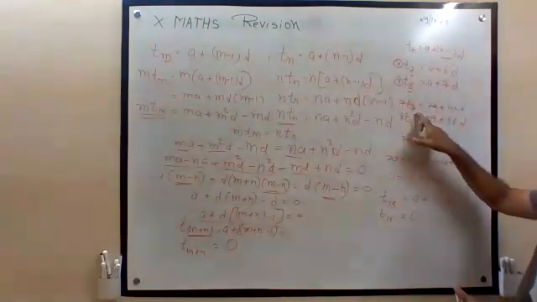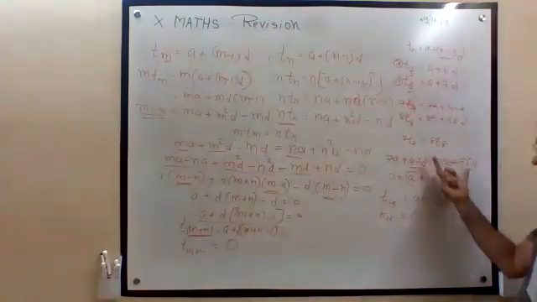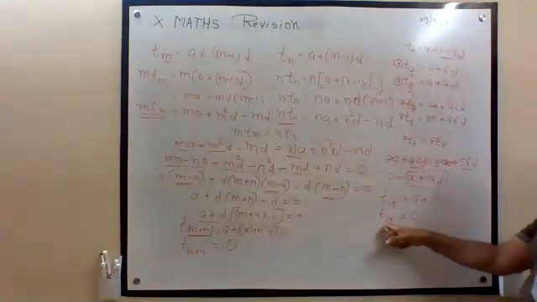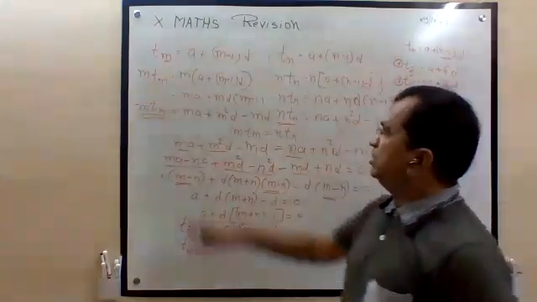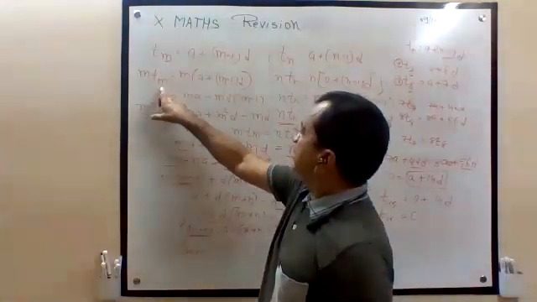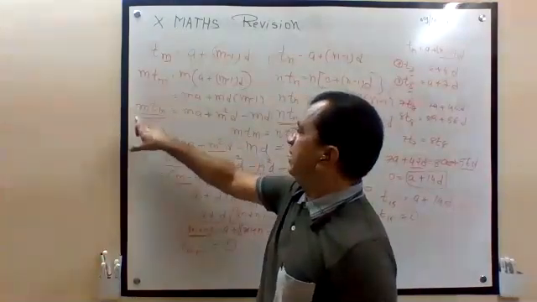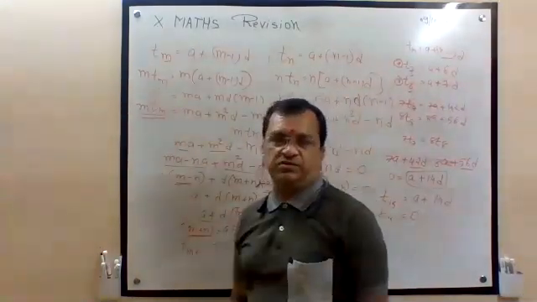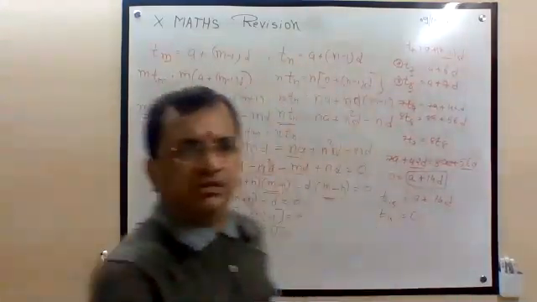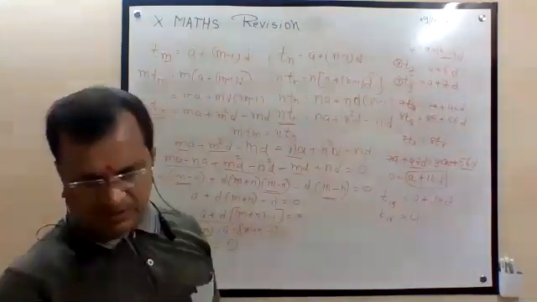So T_m and T_n are equal. At that time M plus N means 7 plus 8, 15, is equal to 0. Suppose it is 10 and 8, so 10 and 8 is 18, so T18 is equal to 0. So this is theoretical, this is with example.